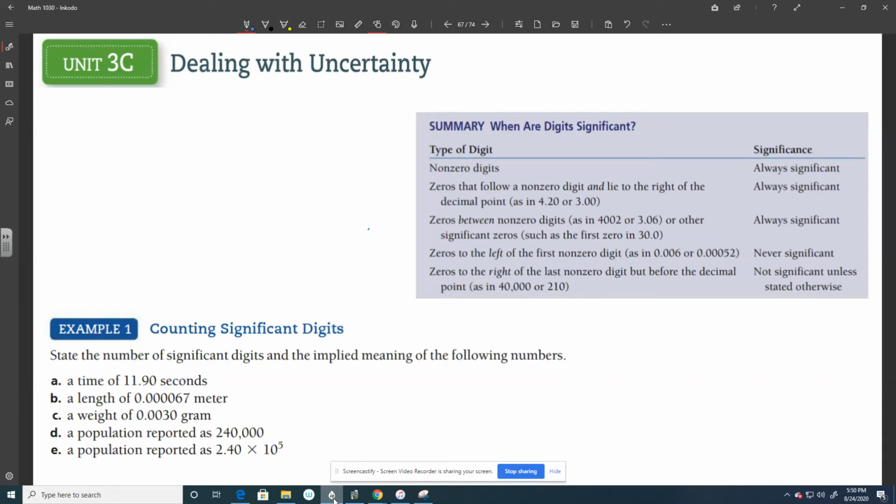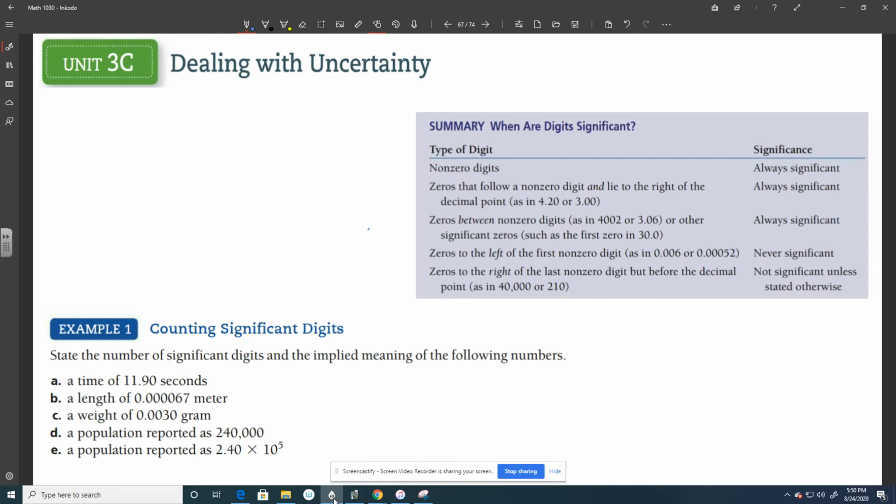All right, guys, today we're talking about measurements and significant digits. The title of this unit, the book calls it Dealing with Uncertainty. And really what it comes down to is when you are reading a measurement, how accurate is that measurement that you're reading? So for example, if you were to weigh yourself at home, you stand on the scale, and let's